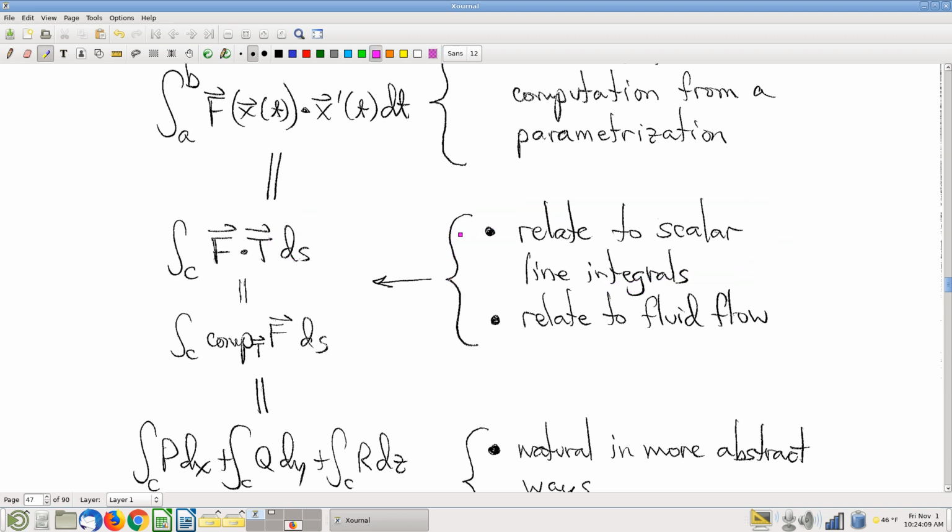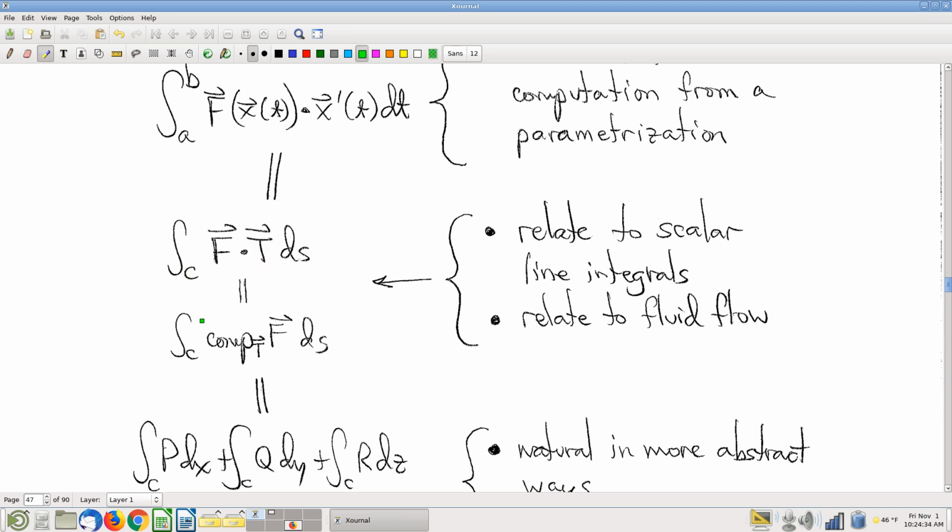The counter-argument, of course, is that this then is no longer a function of only position. This also depends on the curve, this tangent vector. That comes from the orientation of the curve. It depends on how you look at it. I don't feel like it's part of the integrand myself. To me, the integrand is stuff that's independent of the domain. But anyway,